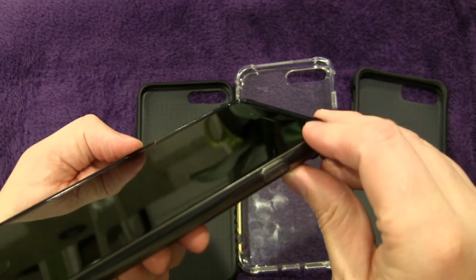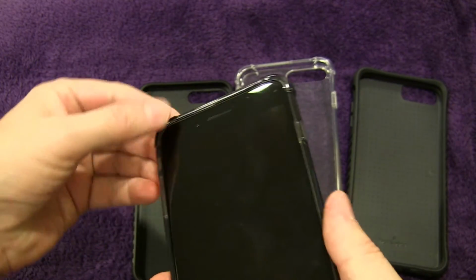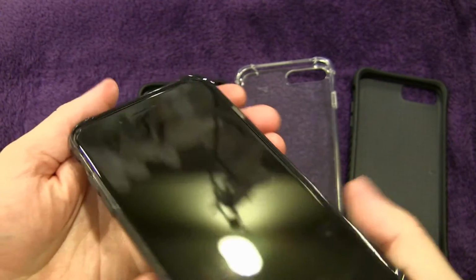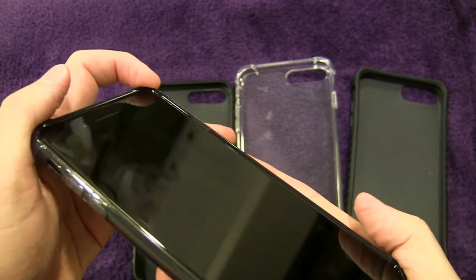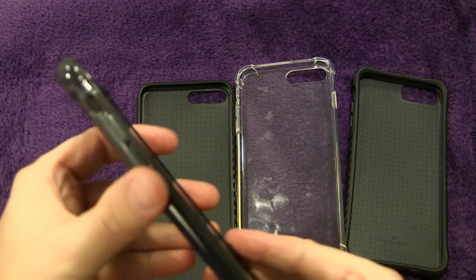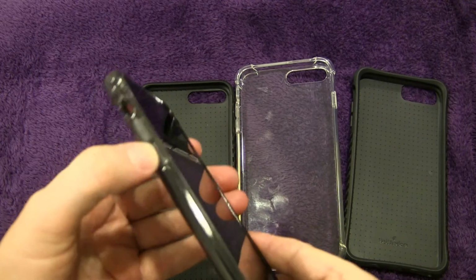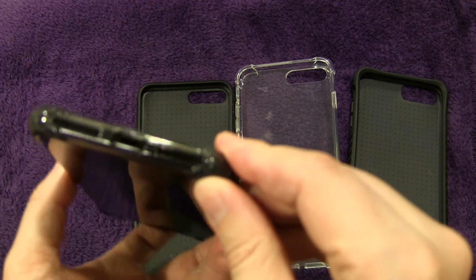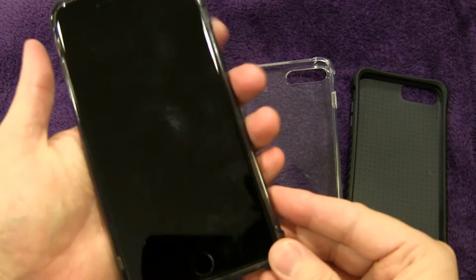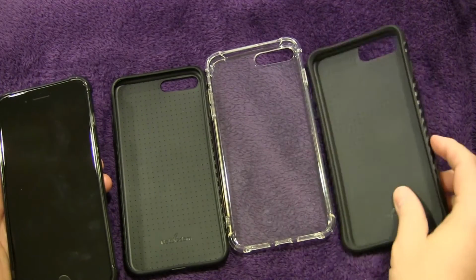Again, the Crystal Clear and the Crystal Black have slightly raised surfaces on the edge, but not very much, but then slightly more raised on the corners. So if you lay your phone flat on a table or something, those slightly raised edges and corners are going to keep your phone from actually touching the table or whatever you're laying it on. It's going to hold it up just a little bit above that. Again, the same coverings for the volume and power, and those all work without any problem at all, and the cutouts are all perfect to be able to use your lightning adapter or lightning cord to charge your phone or use the speakers. Anyway, so that's the 4 cases by NeWisdom, all really great cases,